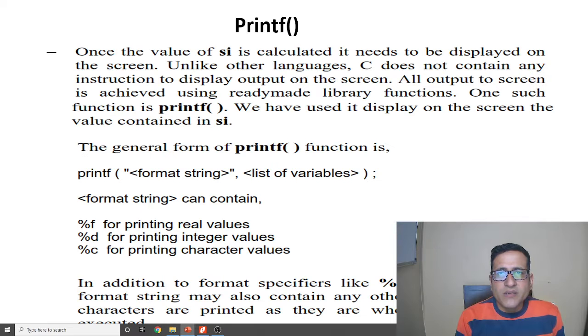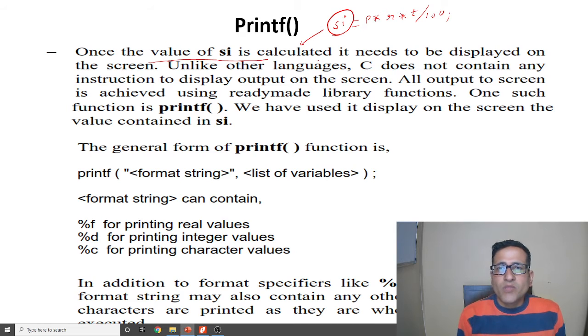Once the value of SI is calculated, we have implemented the formula principal into rate of interest into time divided by 100. After that we have to print this value of simple interest.